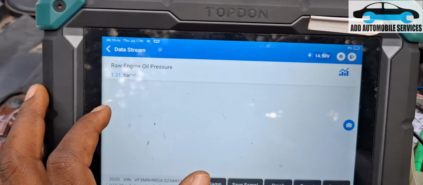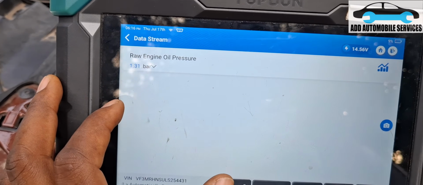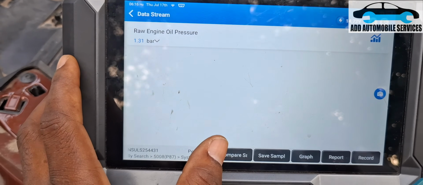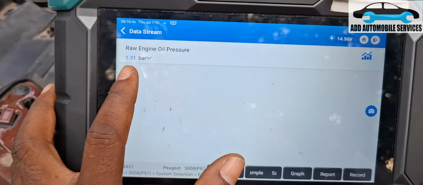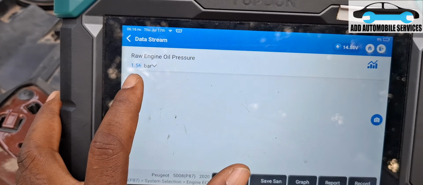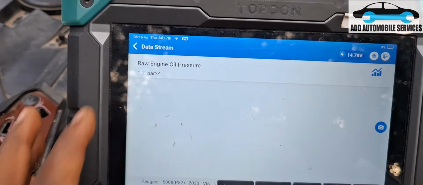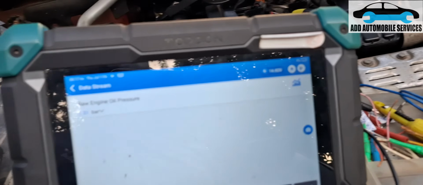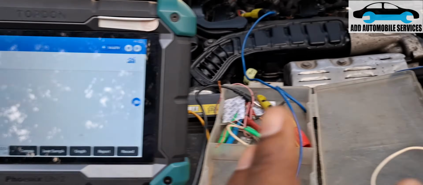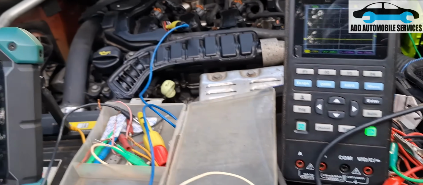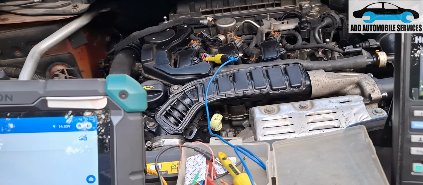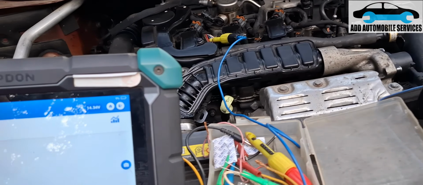Rev them small. So now what I'll do is, I'll let them rev it small to see if the pressure is going to change. You can see the pressure is changing. The oil pressure is changing. Yeah, it'll be okay. So that tells me that now my problem is fixed, and the main problem is it's lacking ground. So if I say I'm going to trace where the ground is, because I don't have service information,